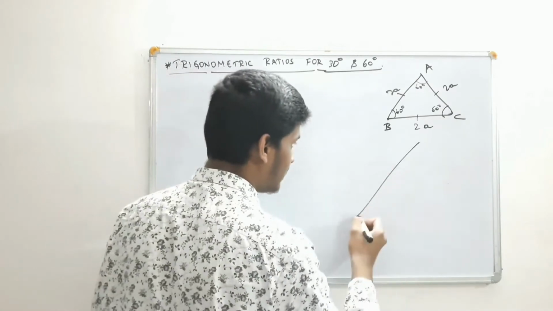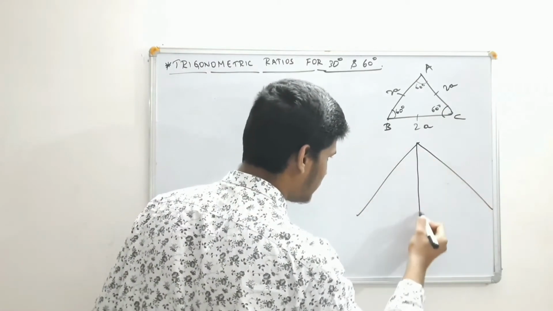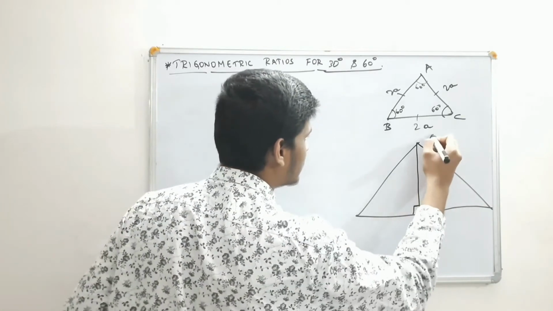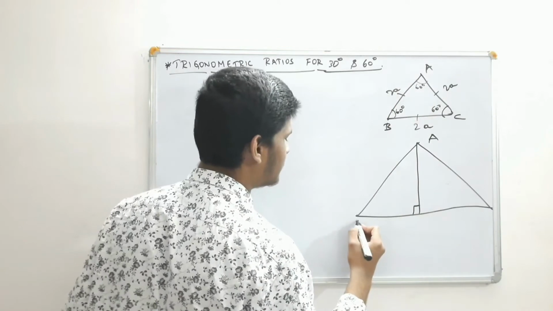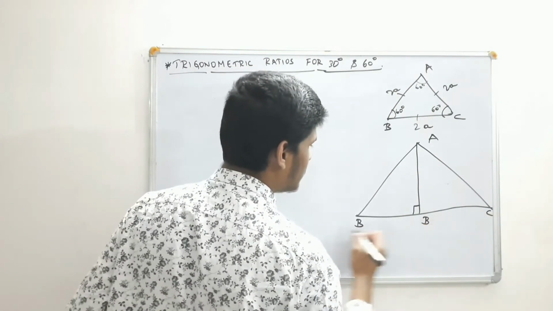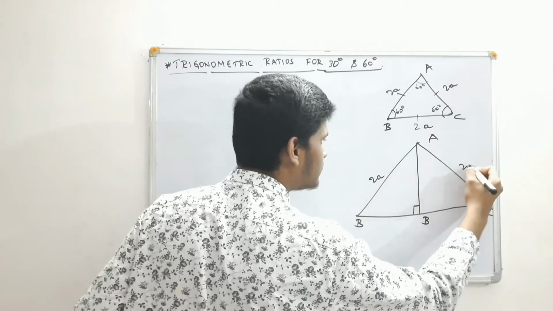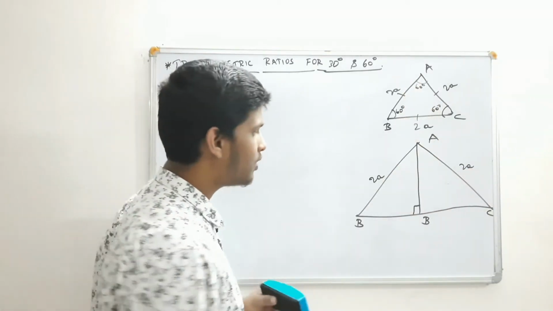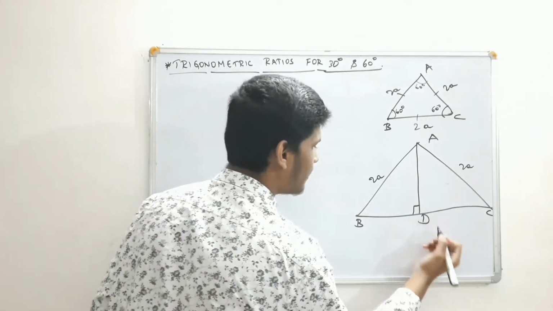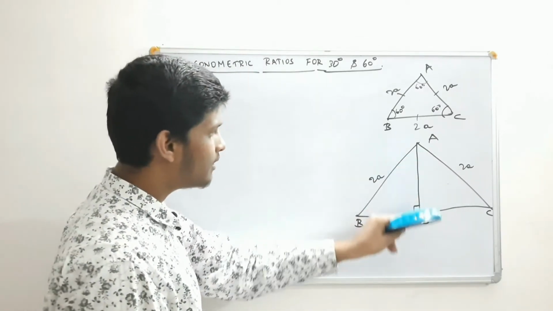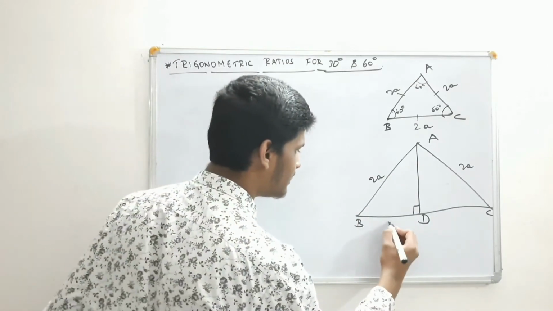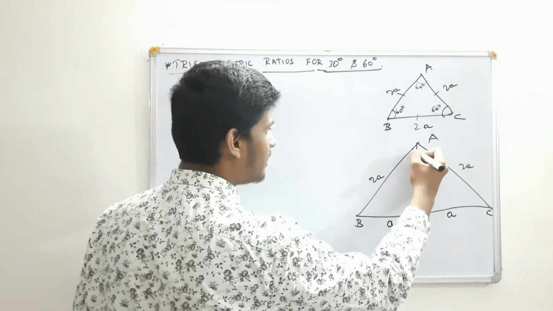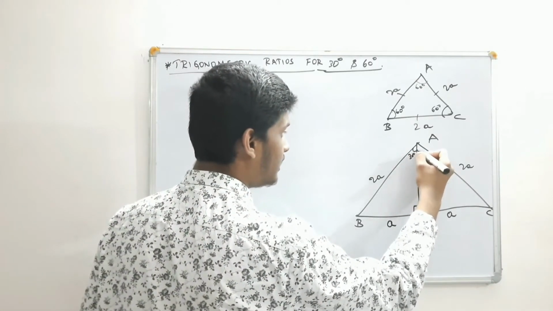And for this, now we should make one important thing, that we are drawing a perpendicular. Same only. I drew it something big. So this is 2A, this is 2A, and if you put a perpendicular in an equilateral triangle, that will become a median also. So median means this 2A will be divided into A and A, and here this 60 degree will be divided into 30 degree and 30 degree.